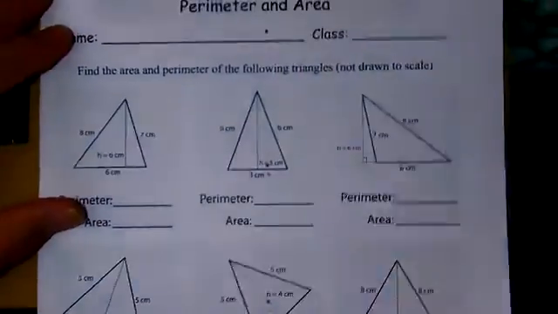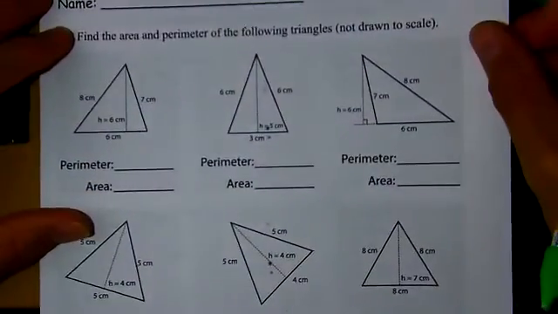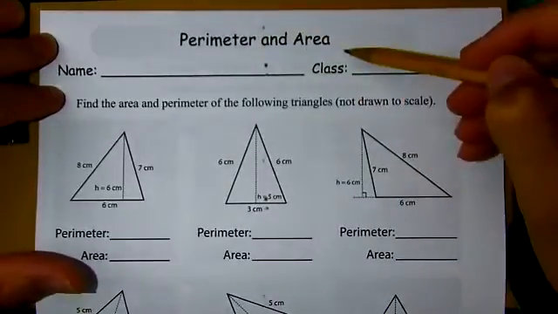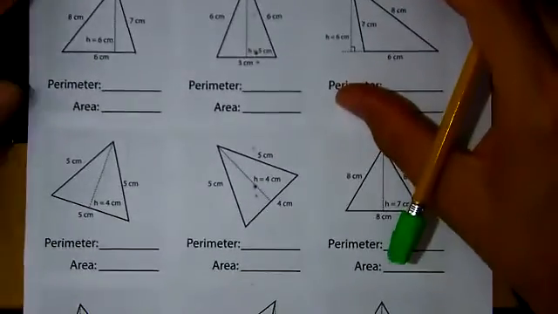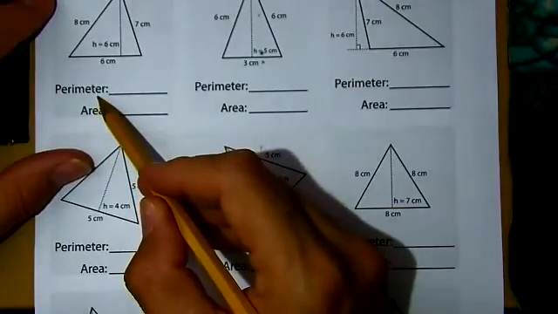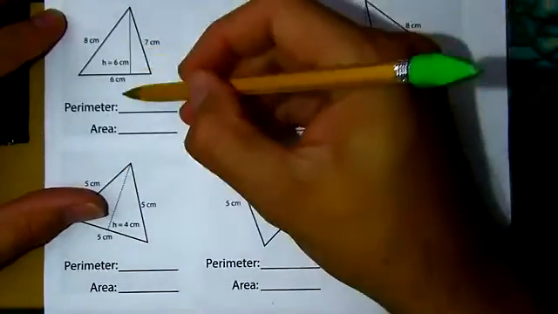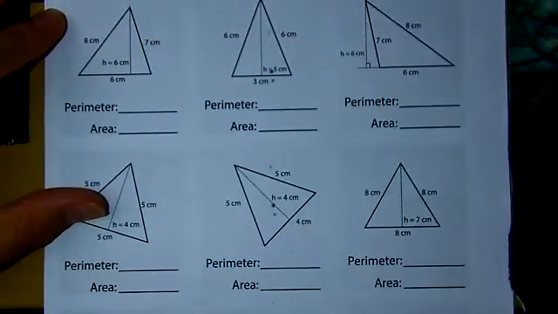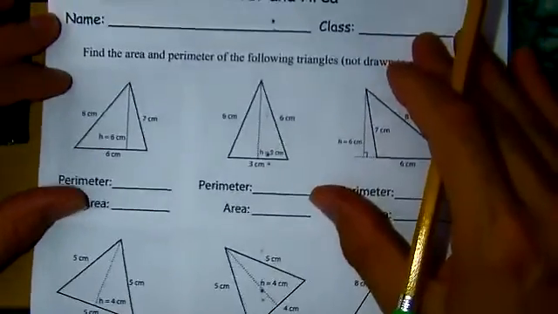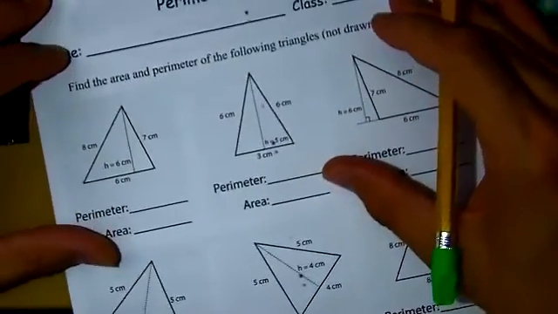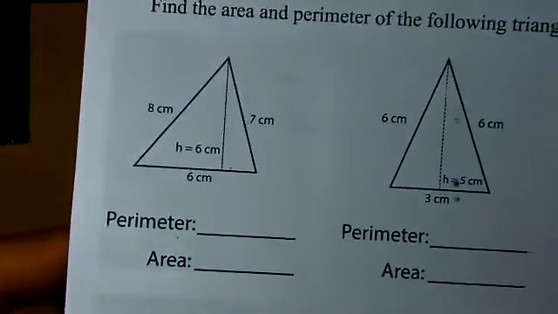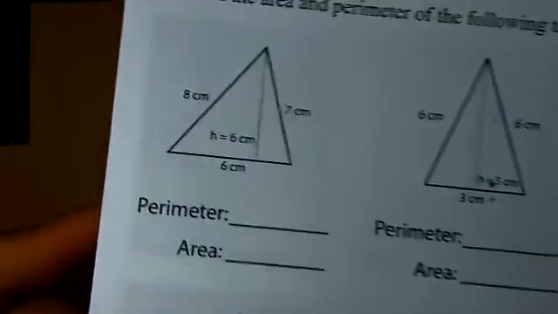So if you printed these worksheets out, I'm going to do a couple of these just for practice. So notice that they want perimeter and area. So you got to pick out the right numbers for the right ones. Perimeter, add up all the sides. So that dotted line, it's hard to see. It's easier to see on this one. That is a dotted line. I think the focus is making it a straight line on the camera. There you go. That dotted line